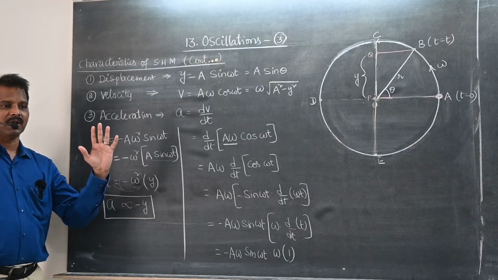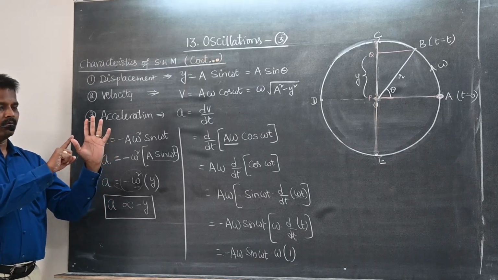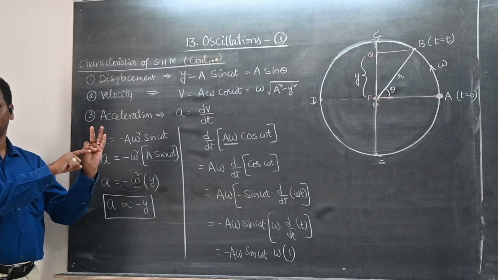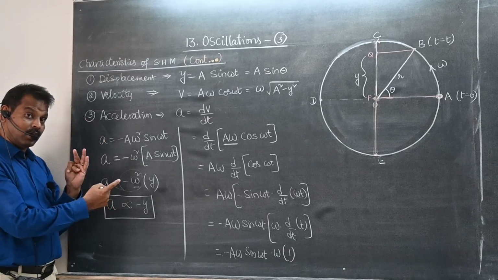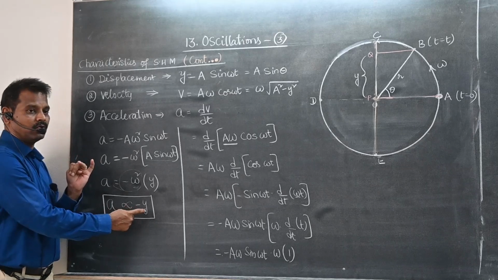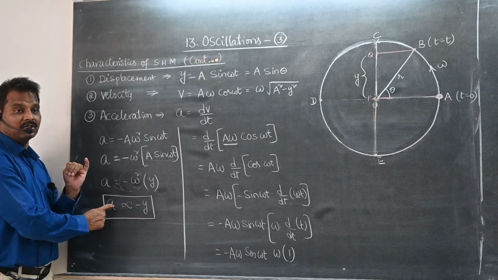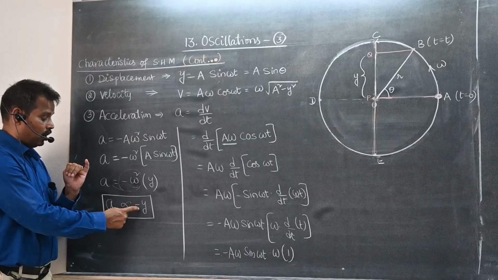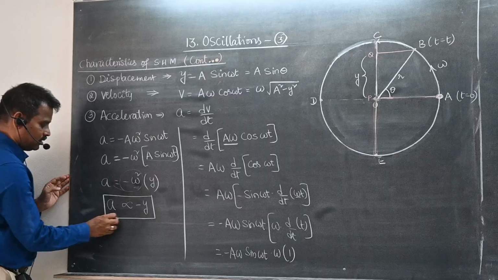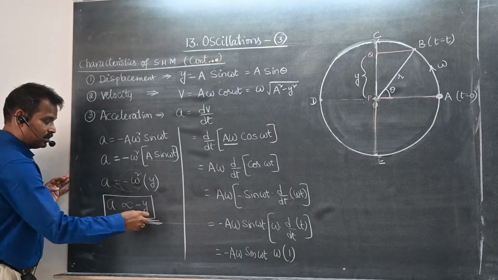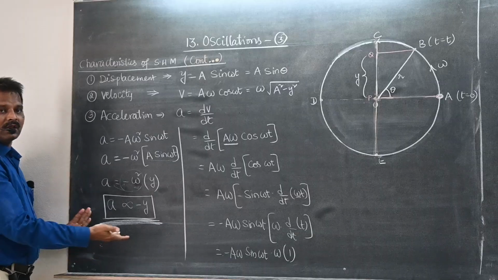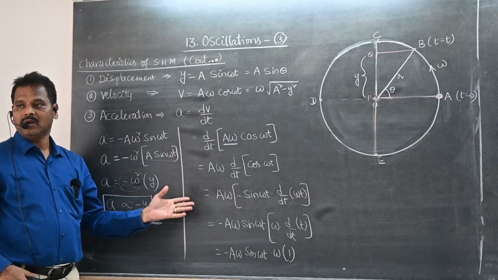What are the conditions for a particle to be in SHM? Motion must be periodic, motion must be to and fro, acceleration always acts towards the mean position, acceleration must be proportional to displacement, and acceleration acts opposite to the displacement. That's it. We got it. a is equal to something into y, or a is proportional to minus y. So that's why this is a simple harmonic oscillation.